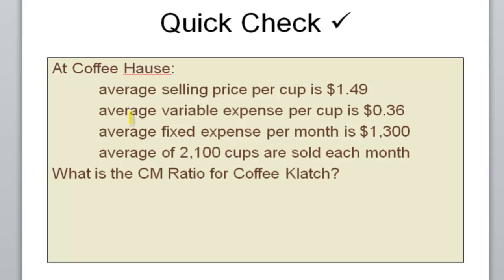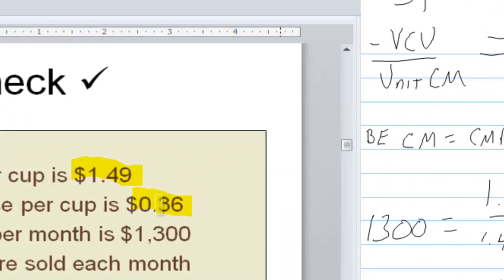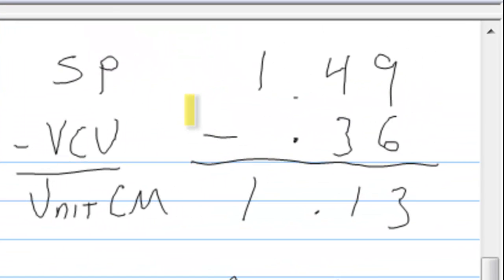If we do a quick check, we've got this thing called the coffee house, and we're told that the average selling price per cup is $1.49, and the average variable expenses per cup is 36 cents. With these two items, we could calculate the unit contribution margin. The selling price of $1.49 minus the variable cost per unit of 36 cents gives you a unit contribution margin of